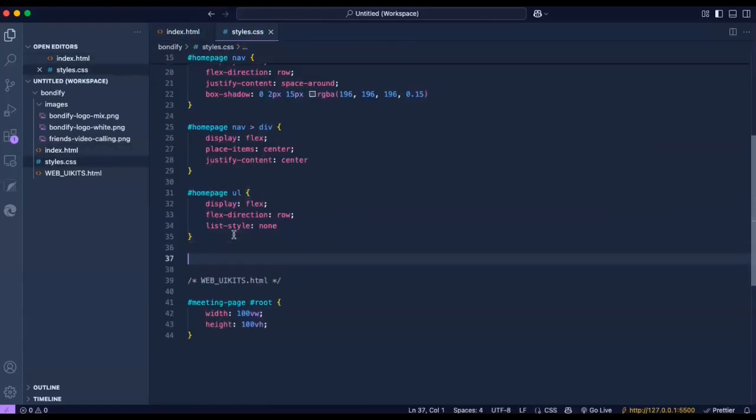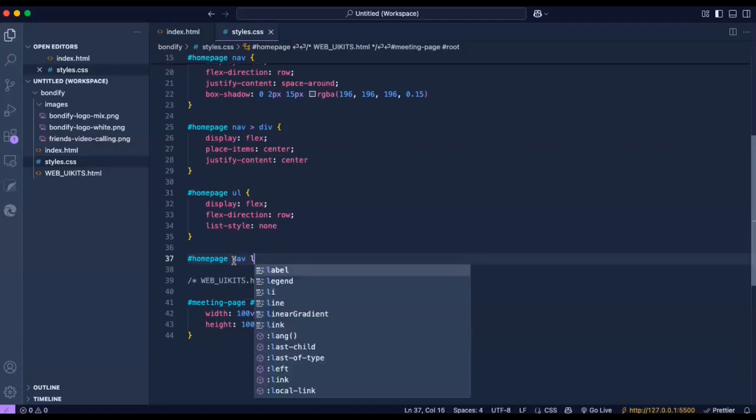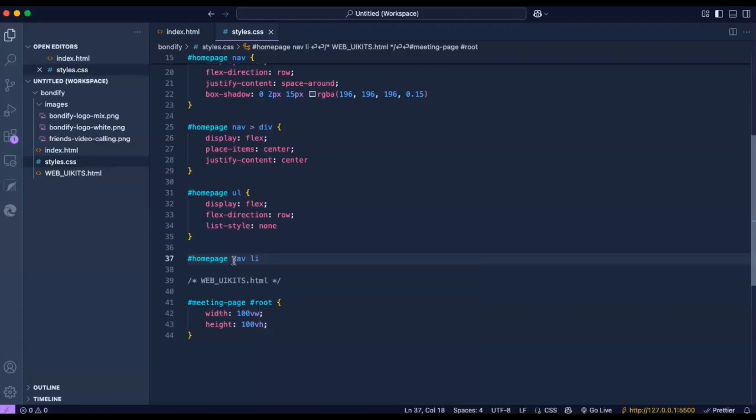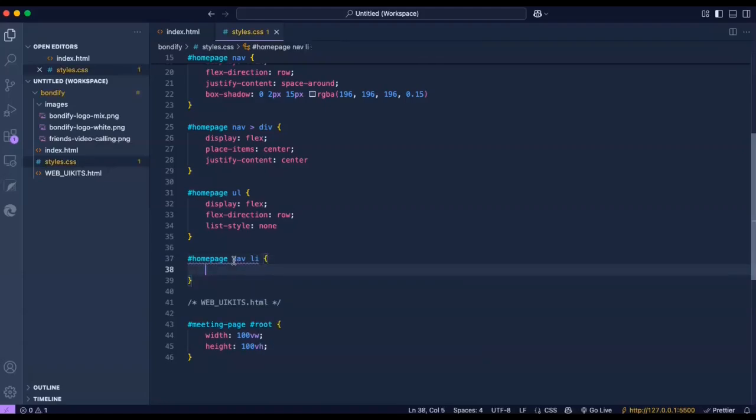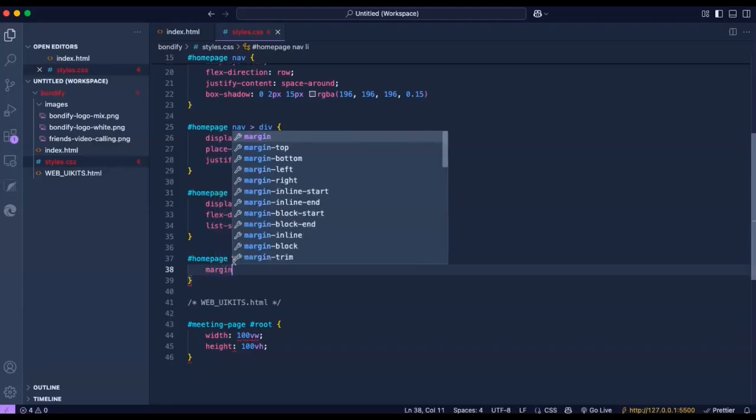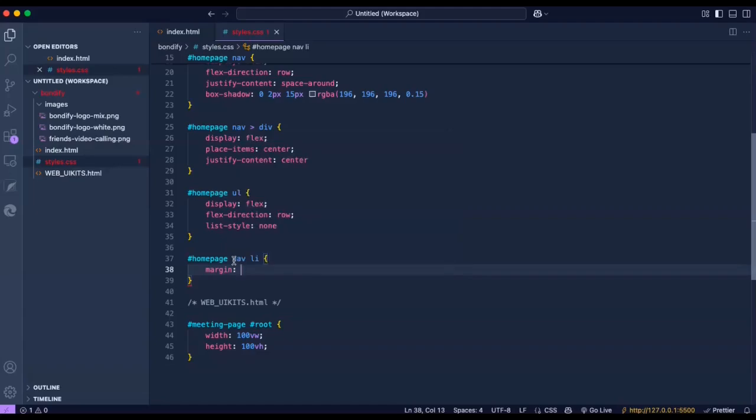Now we are going to select the list items. So again, we're going to select the home page ID. We're going to have to do this for all the elements in the home page. So now we're going to select all of the list items in the navigation bar element, and basically what we want to do is set some spacing outside these elements, not only horizontally, so vertically,